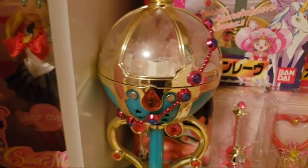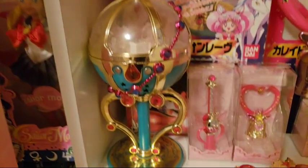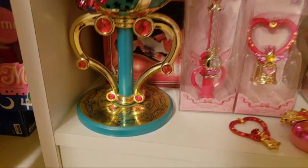My mind's blanking out right now. What is the name of this toy? If you guys know, let me know in the comments. My mind is blanking out. Anyway,